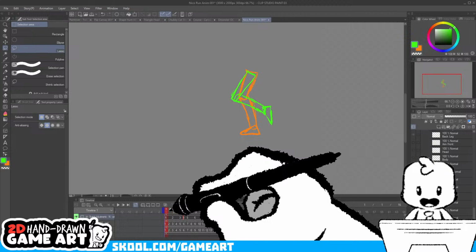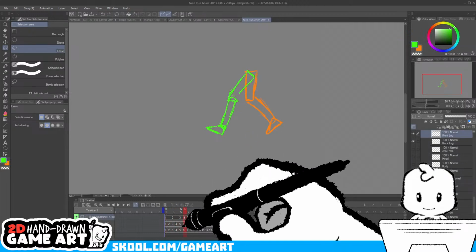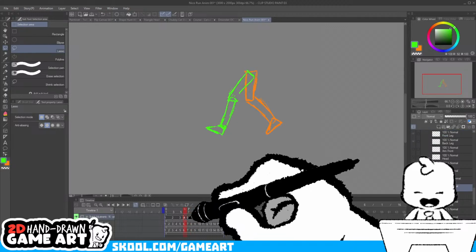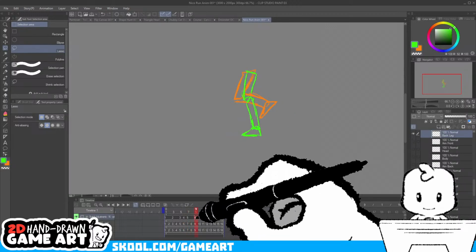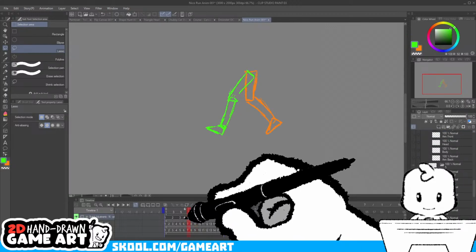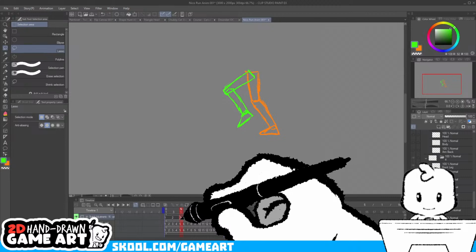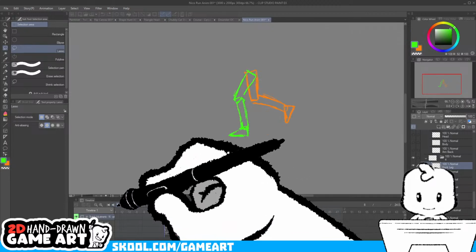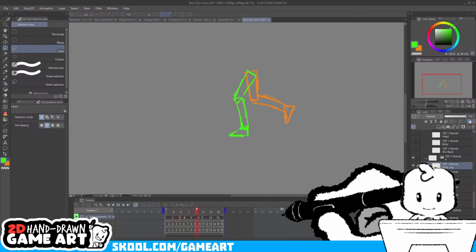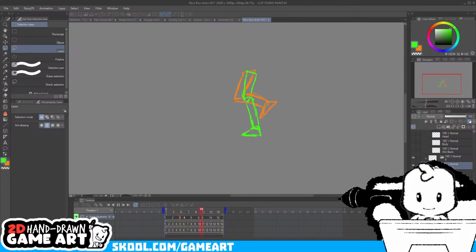So the green leg is slamming down a little too hard. And that's because it's the only frame that's not doubled up. So this isn't perfect.